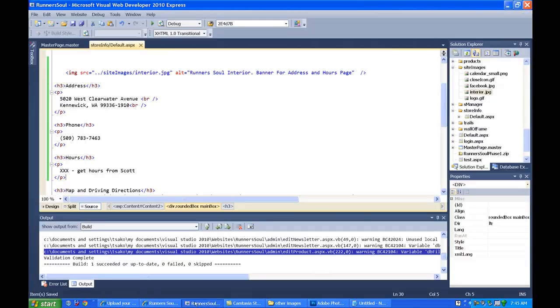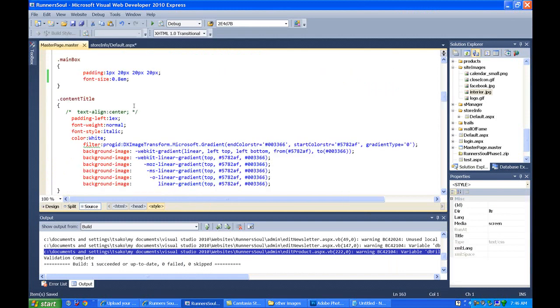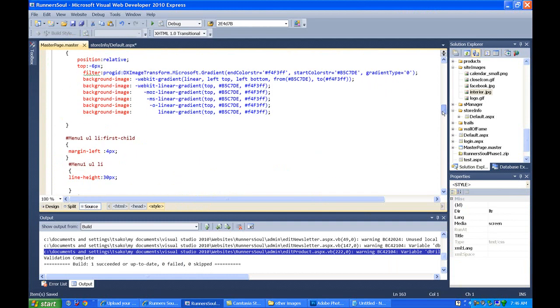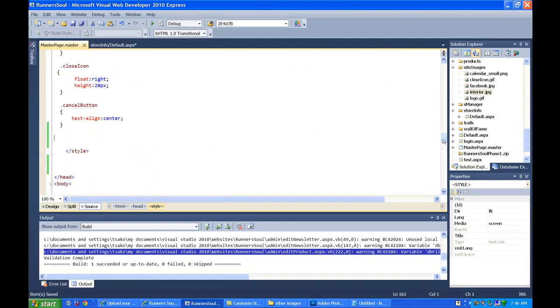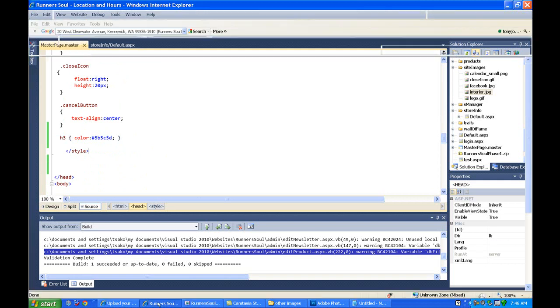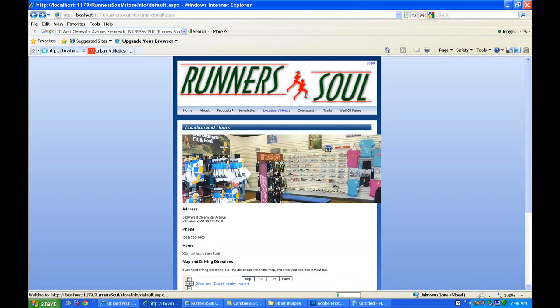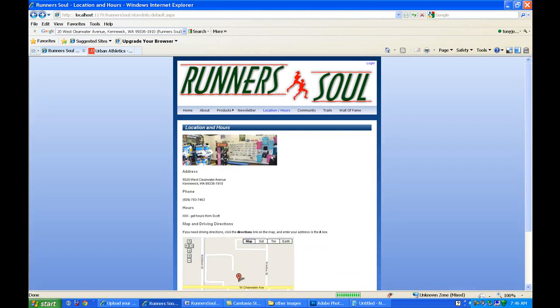So let's come back here and set the size on this first. And then let's come to our master page and let's see, we'll come down here towards the bottom. So let's put this in. I went to Photoshop and found a kind of dark gray. Let's try this to see how this looks for our headings. Okay, so that's a little bit too small for the height, but I do like the color of the gray here. Let's go back and,